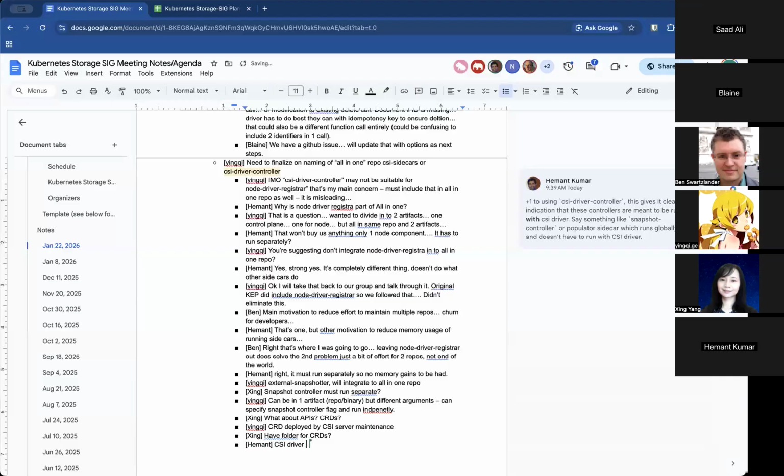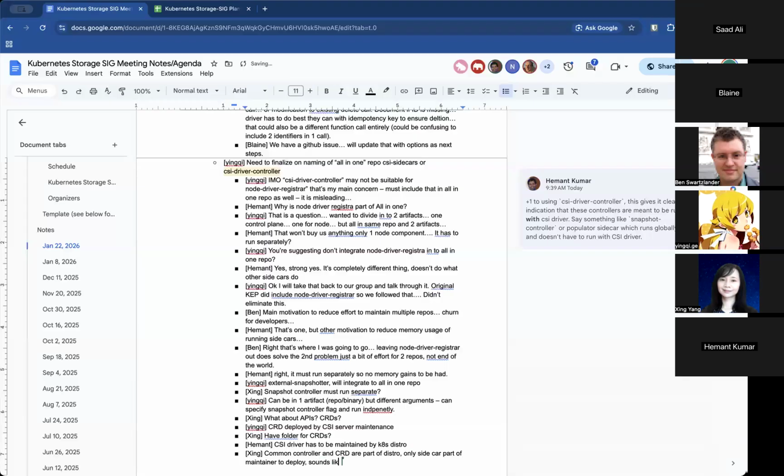It's cluster global. It has to be maintained by whatever the Kubernetes distro is. So the common controller and the CRDs are a distro thing, right? Only the sidecar is part of the driver maintainers' responsibility to deploy. So now it seems like we have mixed them.